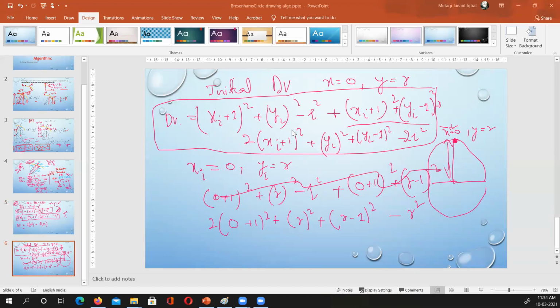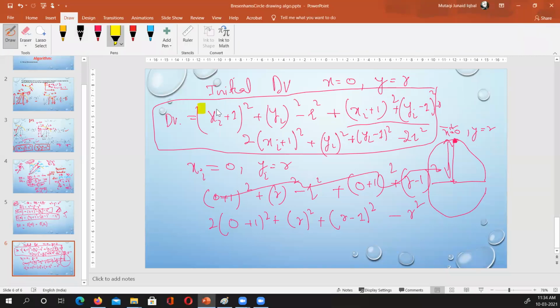That means I'm adding, once again, draw. If you see, this much is my function of circle at point P1, and this much is the function of circle at point P2. Okay, then I said (x plus 1) whole square is (x of I plus 1) whole square on both sides, so it becomes twice (x of I plus 1) whole square. And for y, it is y of I on one side but y of I minus 1 on the other, so I can't add them directly; I wrote y of I square here, then (y of I minus 1) whole square, then minus r square and minus r square, that is minus 2r square.